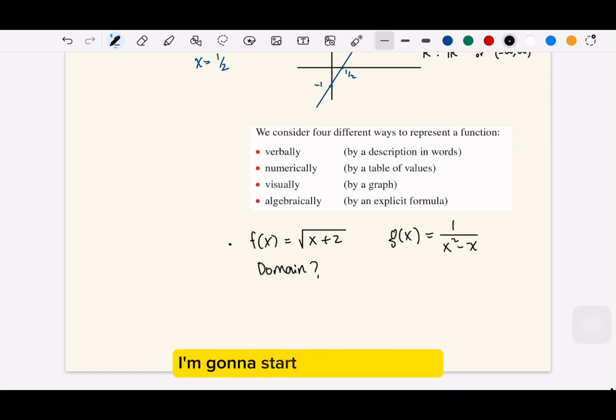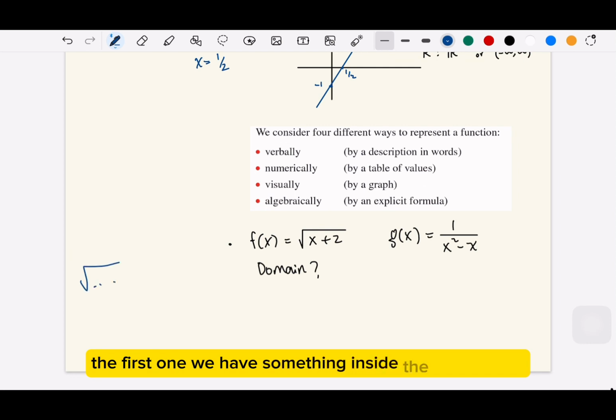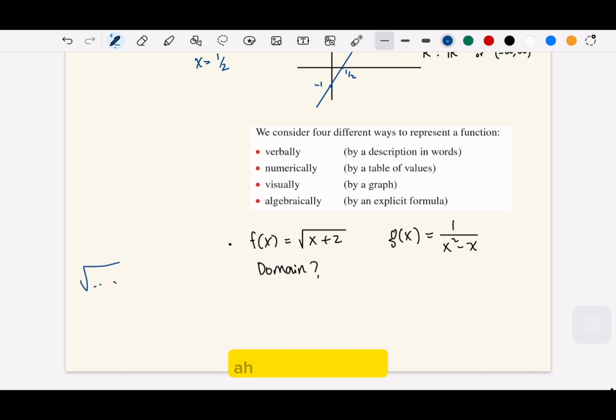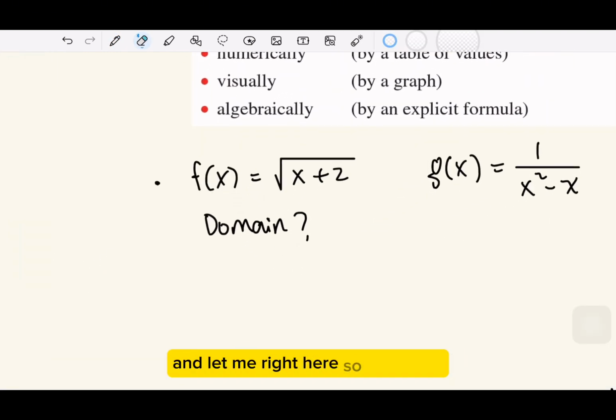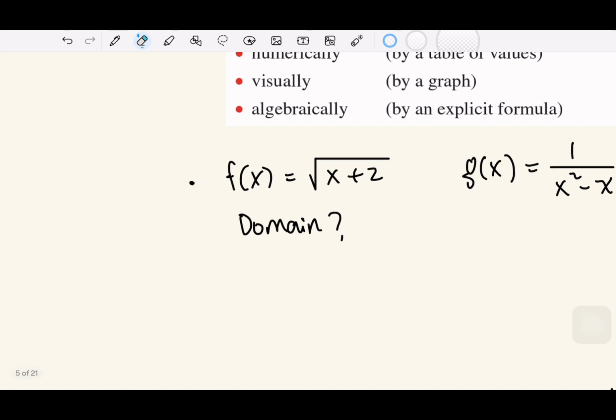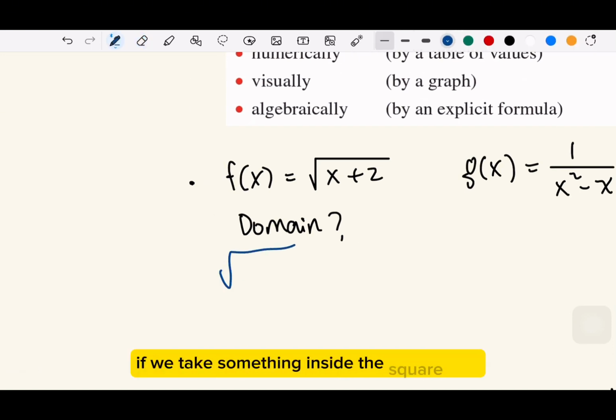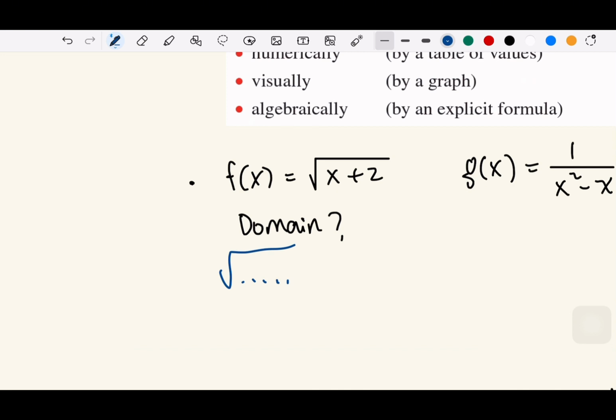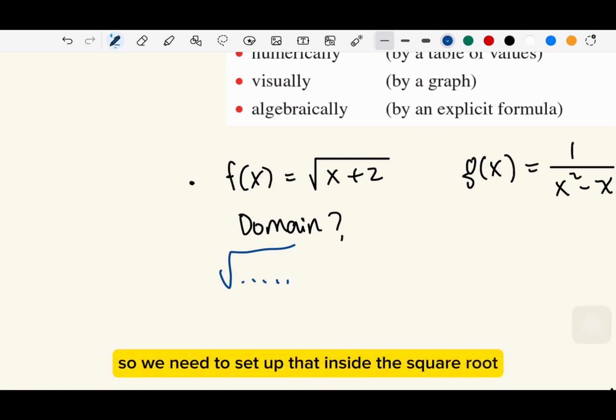Okay, I'm going to start from the first one. The first one, we have something inside the square root. It's not showing. Okay, let me write here. If we take something inside the square root, it cannot be negative, right? So can it be 0? Yes, it can. So we need to set up that inside the square root it should be positive or